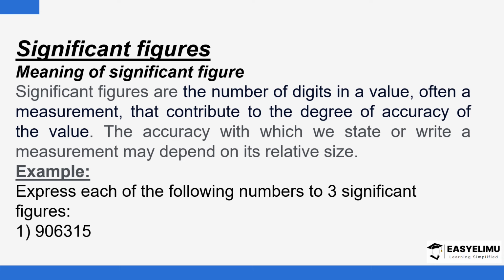So what does it mean? Significant figures are the number of digits in a given value, often a measurement, that contribute to the degree of accuracy of the value. So the accuracy with which we state or write the measurements may depend on its relative size. So for example,